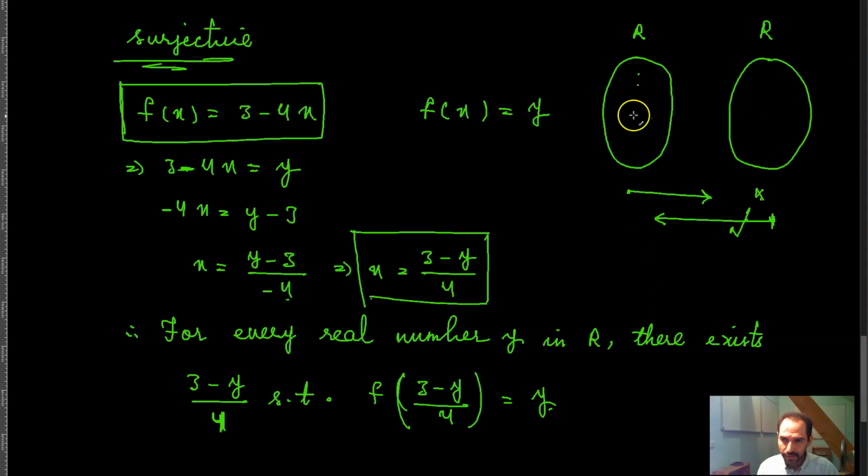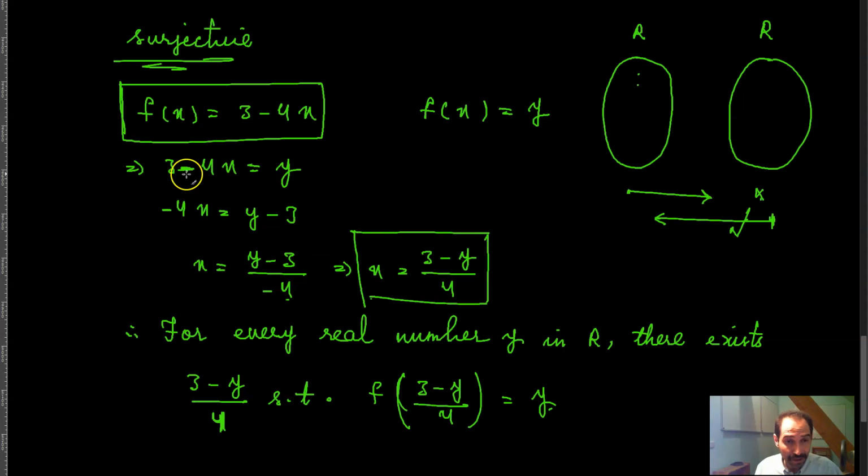That's what I need to do. So to get back from this side to this side, I have to find the inverse of the function. The inverse of the function tells me what y I have to choose here in order to get what x over here. The function itself tells me what x I have to choose here in order to get what y over here, right? So now going with the inverse of the function, which is the inverse of the process of the function,